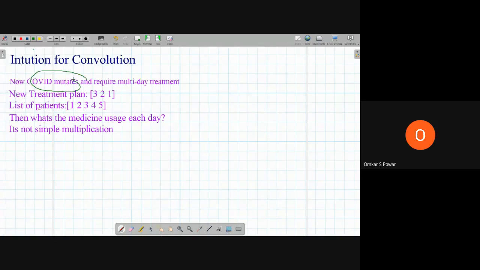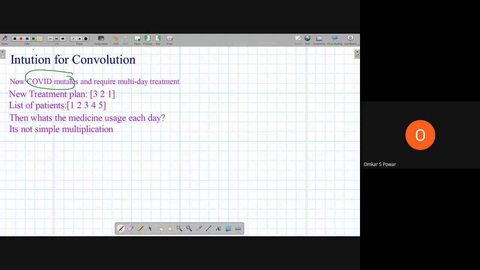In the first wave of COVID, what happened? It was simple, there was bed availability, everything. But now what is the situation? The situation is getting worse day by day. The number of beds available is less. So however much vaccine you take, we can't ensure your safety. So let's take the condition where there is COVID mutation. Now the COVID is mutated.